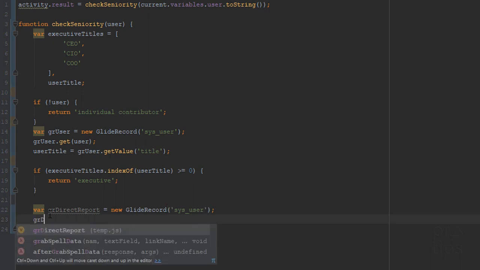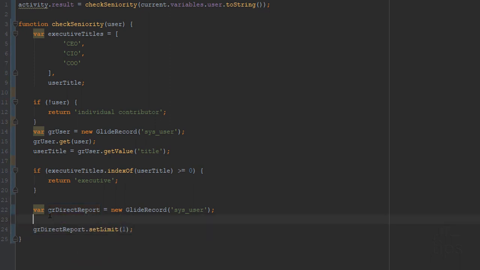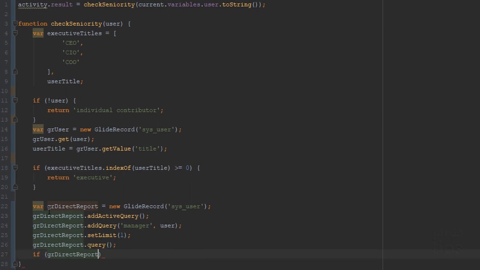So we can then say grDirectReport.setLimit(1), but before that we want to add our query. So grDirectReport.addActiveQuery(). The first thing we want to do is make sure we're getting active users. We want to know if this person is the manager of anybody who is an active user. We also want to know grDirectReport.addQuery if their manager is the selected user. Then we set the limit to 1, which we already did, and then we run our query. grDirectReport.query(), and if grDirectReport.next()